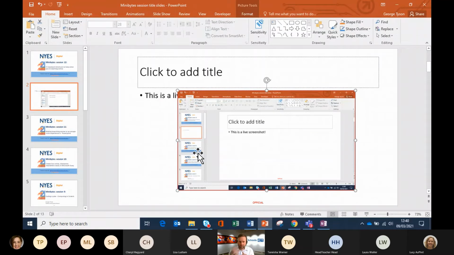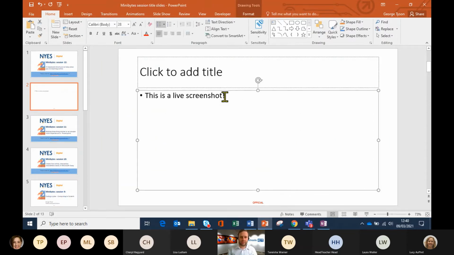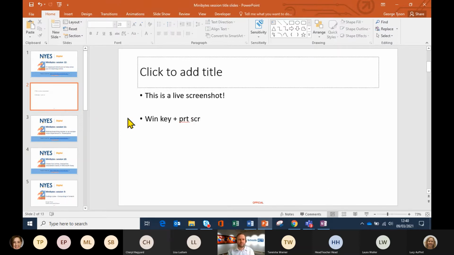But sometimes you want to get a lot of images ready to prepare for a lesson. You don't have to be copying and pasting each one. So for this option here, we're going to be using the Windows key with print screen. So on this one here, it's going to be Windows. I'm going to write down the Windows key because I can't do the other boxes. And the print screen button, which is PRTSCR. OK, so Windows key and print screen. If I hold down the Windows key and press print screen,